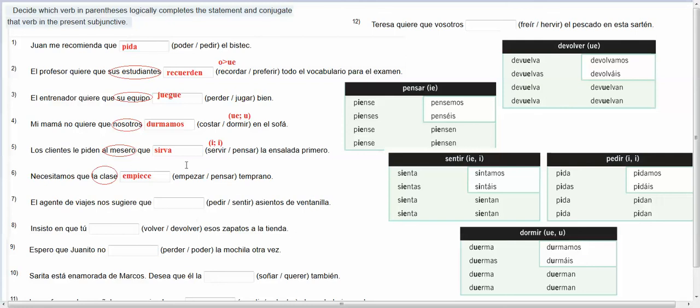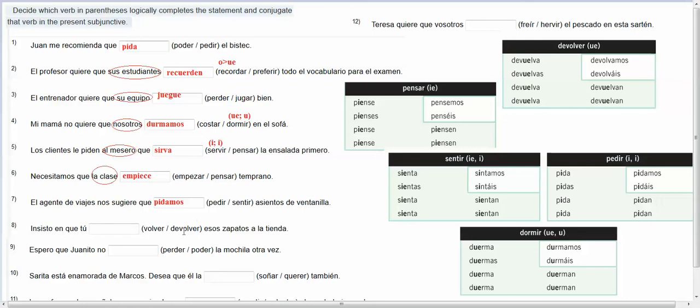Okay. El agente de viajes nos sugiere que, so he suggests that we pedir sentir asientos de ventanilla, so that we ask for window seats. So that's pedir. Again, we're lucky because pedir, even though it's an IR, it's the same stem change in the present and the preterite. It's an I. So I am going to get rid of my IR. I'm going to make that E and I, and then because it's an IR, I'm going to add the opposite endings, AMOS. So he suggests that we ask for,